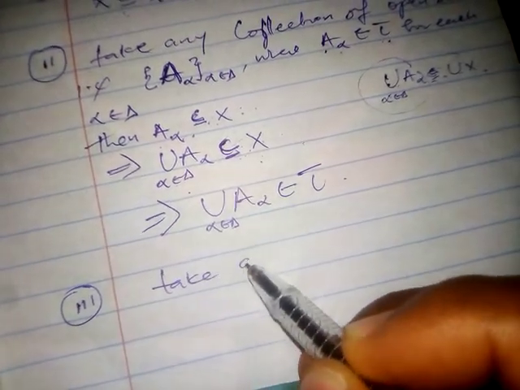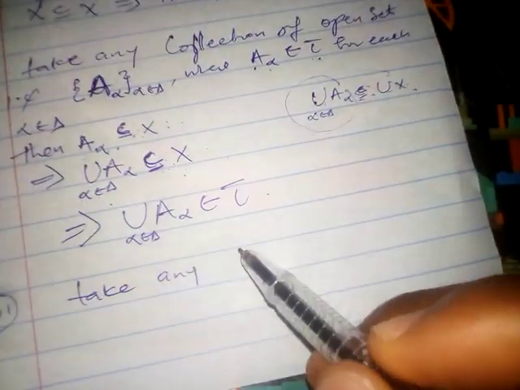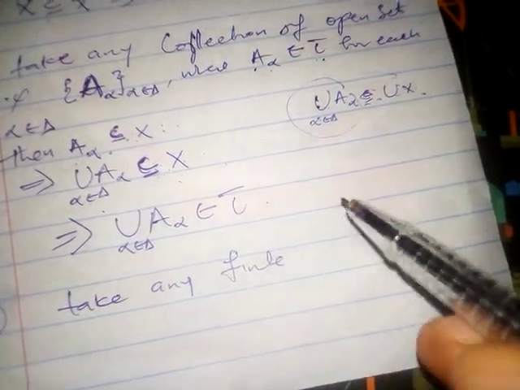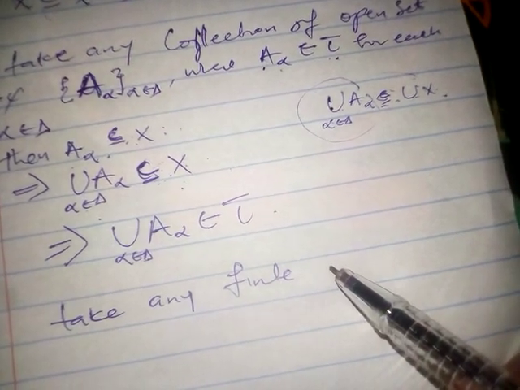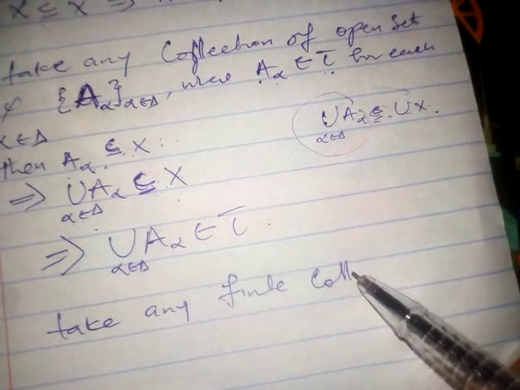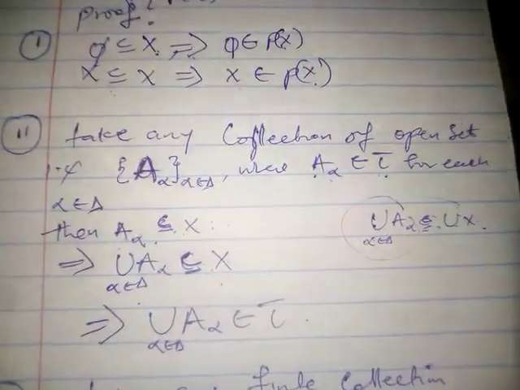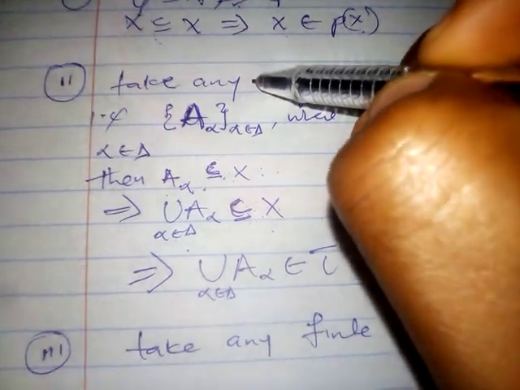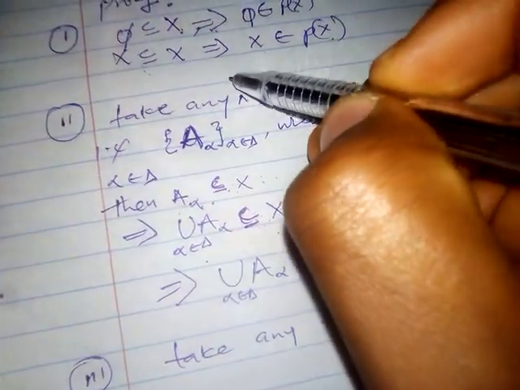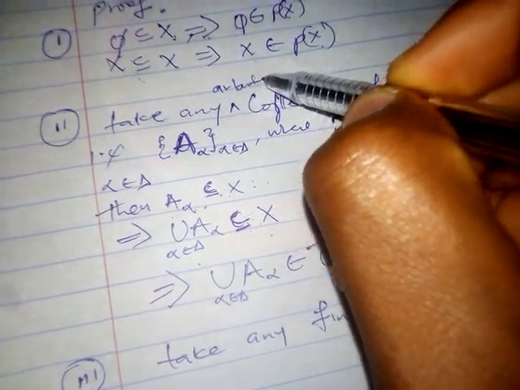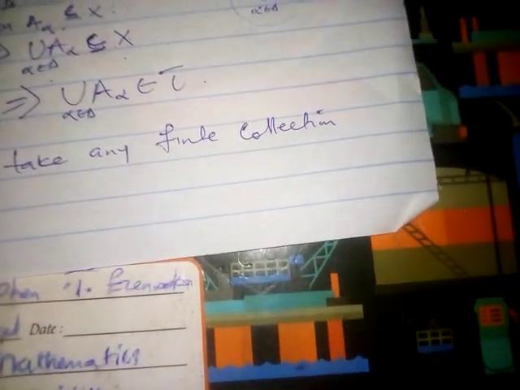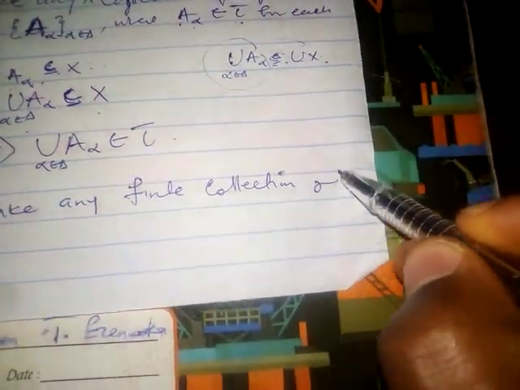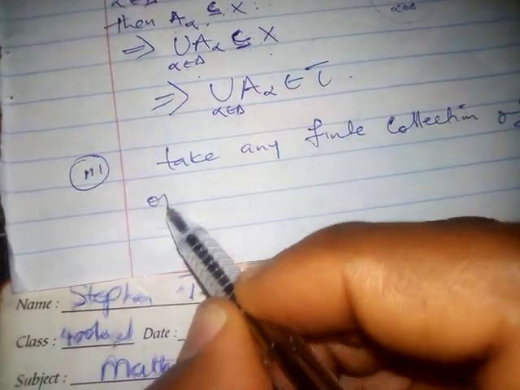Take any finite collection. Sorry, in this part we're supposed to say take any arbitrary, please forgive me, take any arbitrary collection of open sets. So here we are taking any finite collection of open sets,